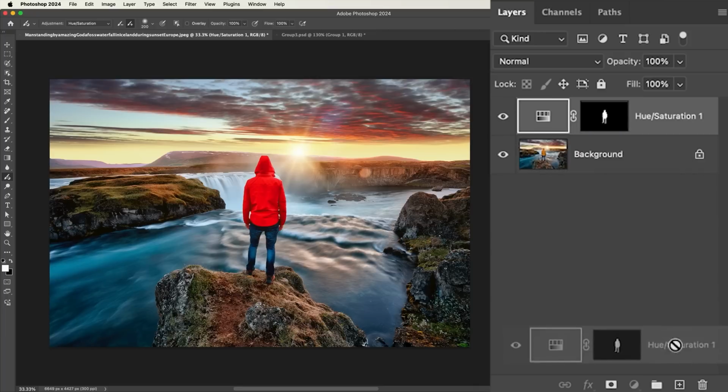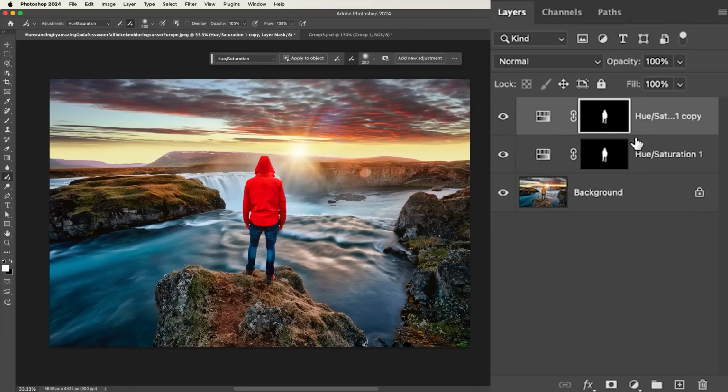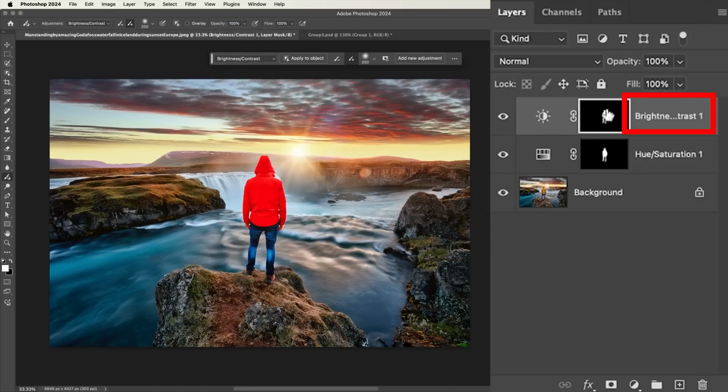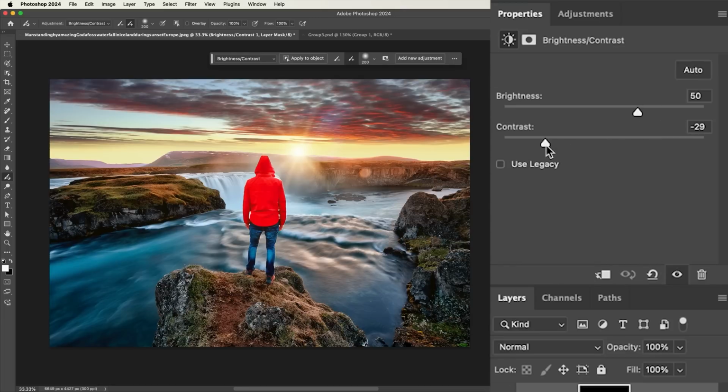I'm going to duplicate this layer. Make sure the mask is selected. Now, as you know, if I go up and I choose a brightness here, it's going to create a new layer. Now, there used to be a feature in Photoshop where you could change the content of an adjustment layer. And it's hidden and it's here. Check this out. Rather than going up there, go to the taskbar, change this to brightness and contrast, and look at that. We've got the same mask. It's changed the contents of that adjustment from hue saturation to brightness, whereas now we can bring out the detail in this coat